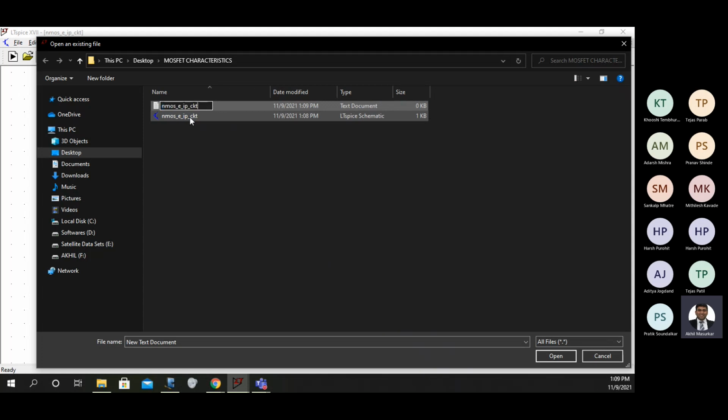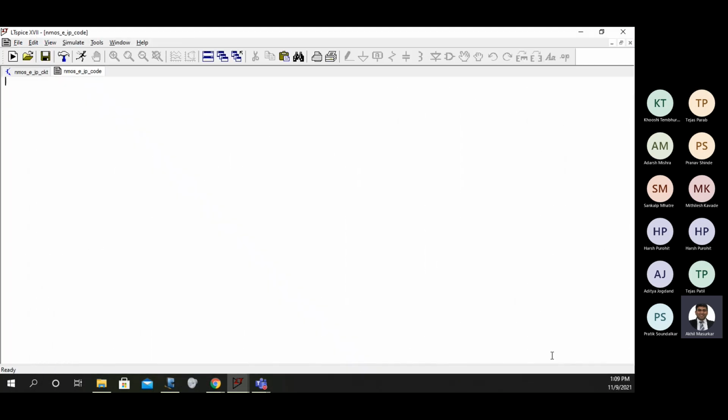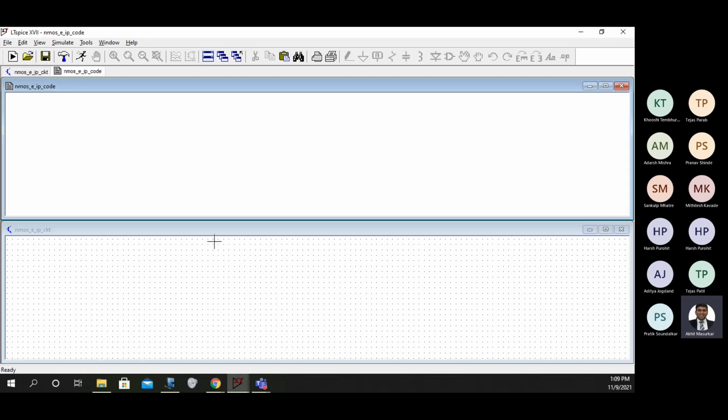Same name I am giving it, but it's now no longer a circuit, it is going to be a code to describe the circuit. So now I will open both these things, the notepad file as well as the schematic file. So let me just do it this way.